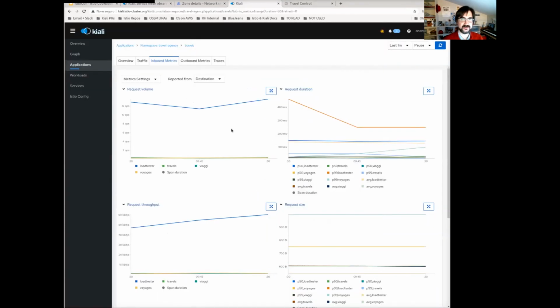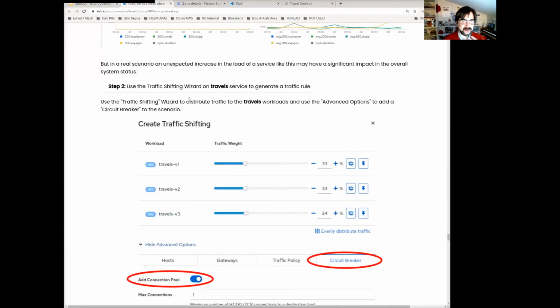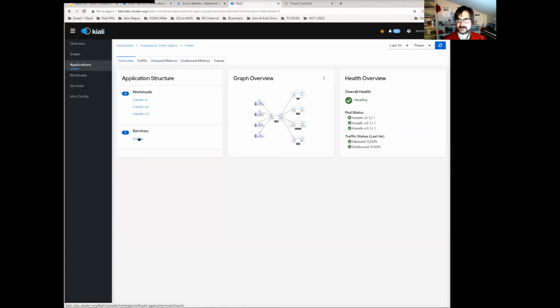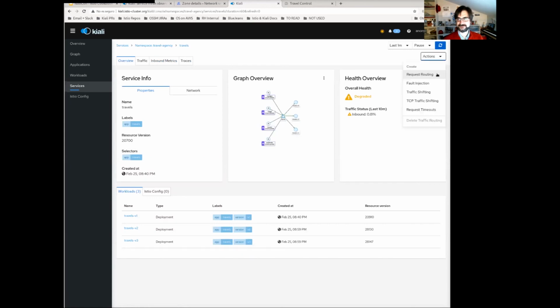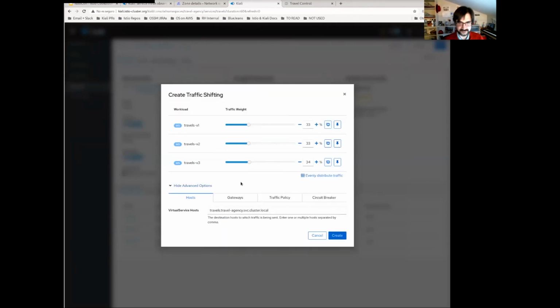So this is what I'm showing. Now, what I would like is to limit this, and apply circuit breaking techniques to do that, right? This is what we are going to show in this new scenario. Again, I can go to the travel service in Kiali, and I can see, okay, a circuit breaker is something that I can apply to any scenario. I'm going to do a traffic shifting as it is. And if I show the advanced options, sorry,